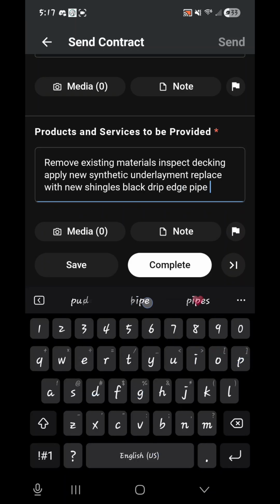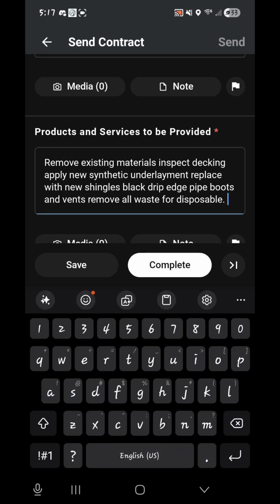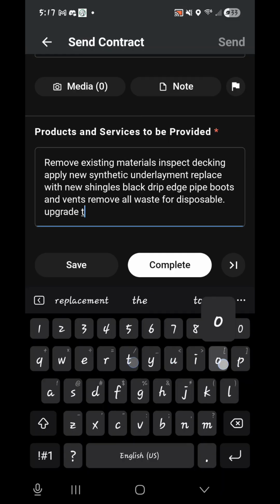So I'm going to put black drip edge, pipe boots, and vents. Remove all waste for disposal. If you gave them any upgrades, such as you upgraded them to HDZ, you'll put upgrade to HDZ. If you gave them an upgrade to ridge vents, which all of this costs, so you need to get with me on, upgrade to